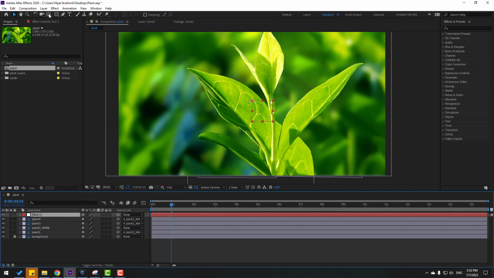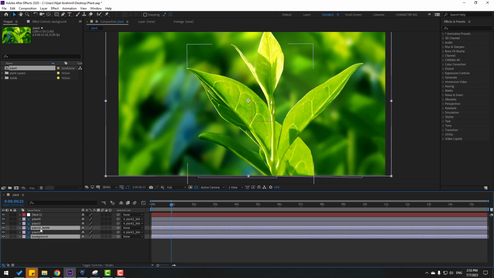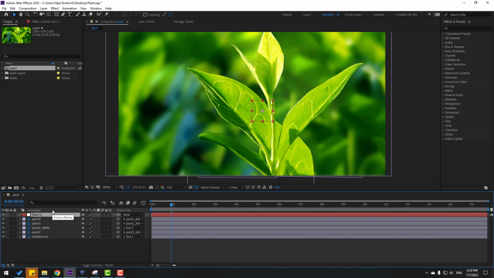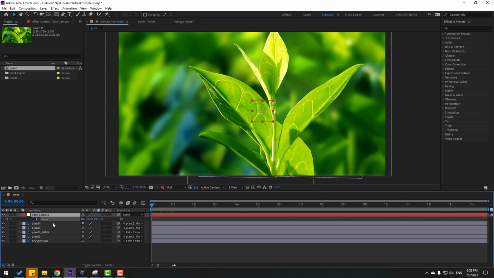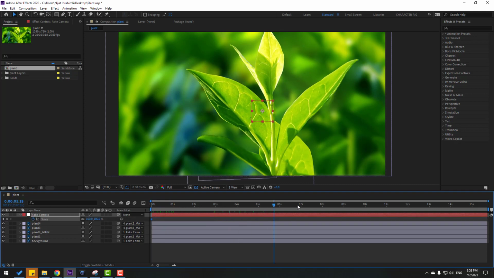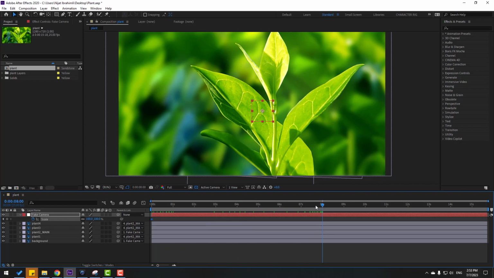Let's hold Alt, click this icon for move anchor point to center. Click selection tool, unlock background and select background layer and plant 2 main layer. Let's link to null object. Select null, change name to fake camera and go to first second. Select this fake camera. Let's press S, make scale keyframe and go to 7 seconds, press N for select work